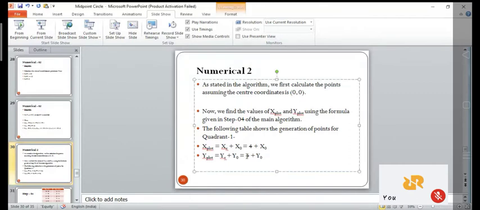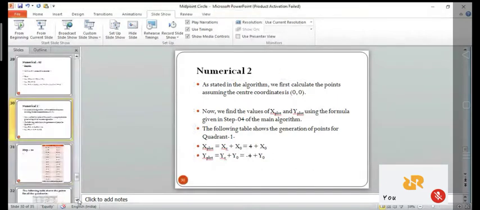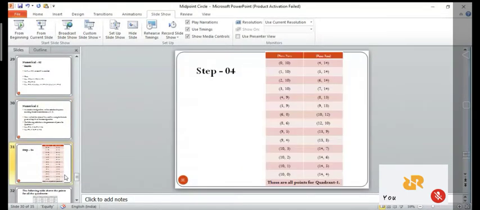Okay, it is 4 comma minus 4. So that you are going to compute. Whatever x and y values that you obtain, in that you have to add these values, 4 and minus 4. Okay, in that you have to add these particular values. So this is how it is going to be obtained.